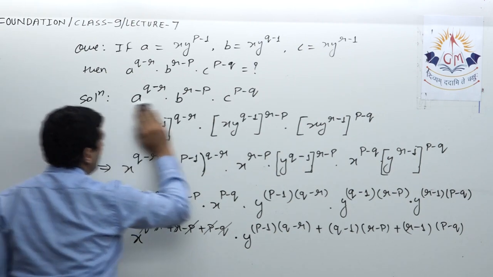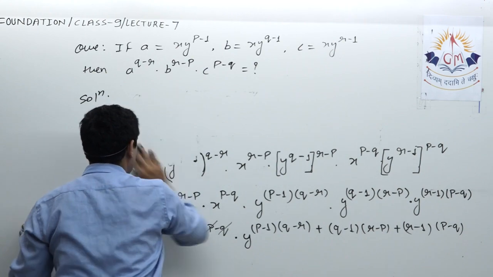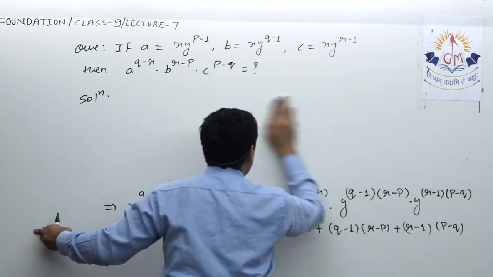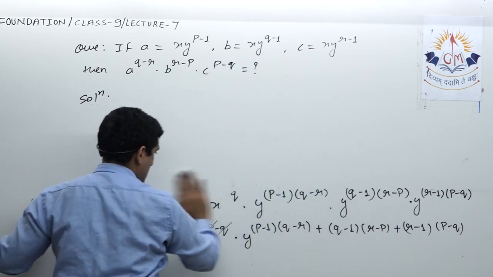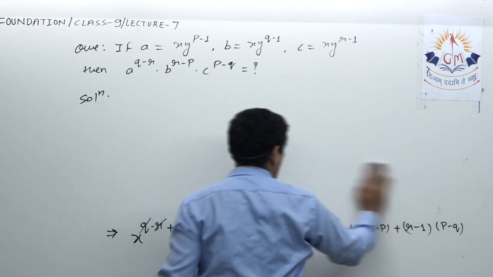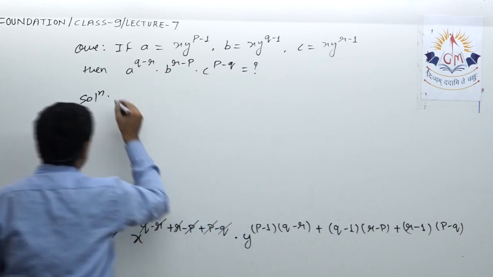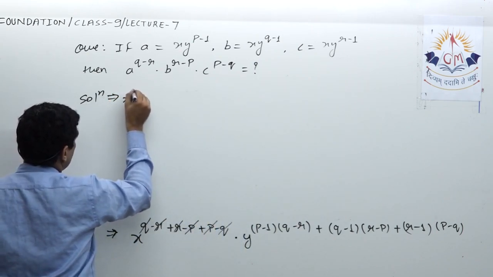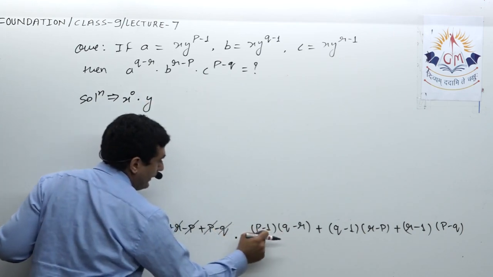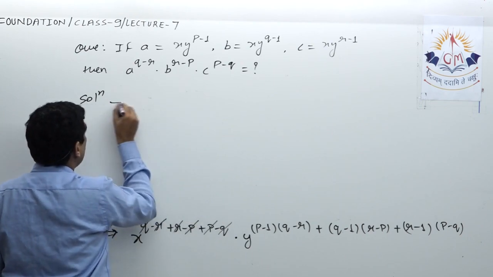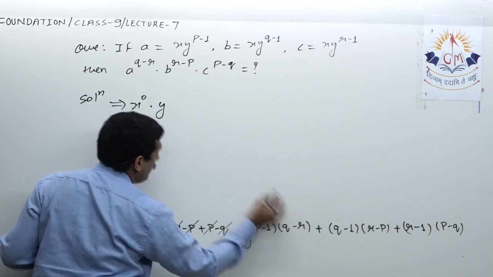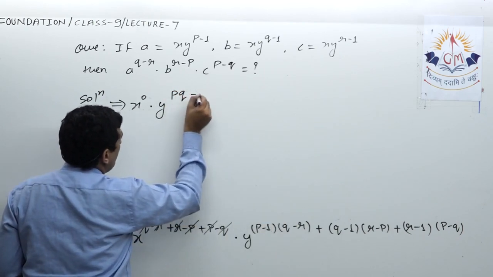Okay, now we'll solve it further over here. Next, it is x raised to 0 into y raised to... Now I will multiply this bracket, so p into q. I'll write the powers: x raised to 0 into y raised to pq minus pr plus pq minus pr,